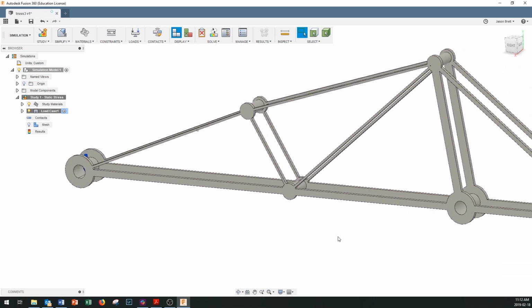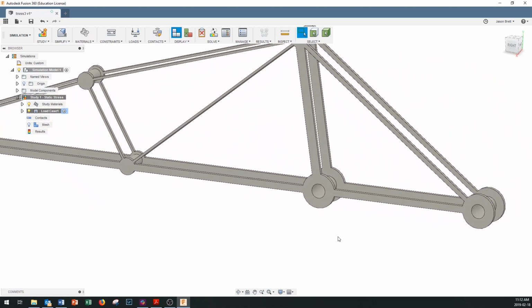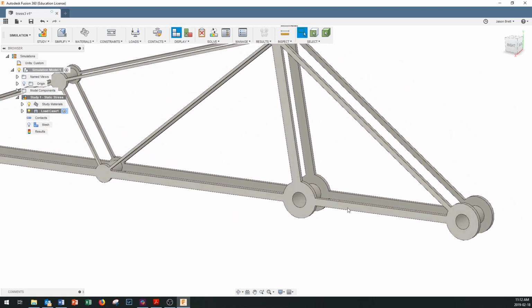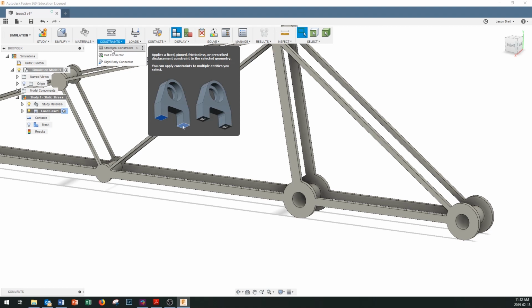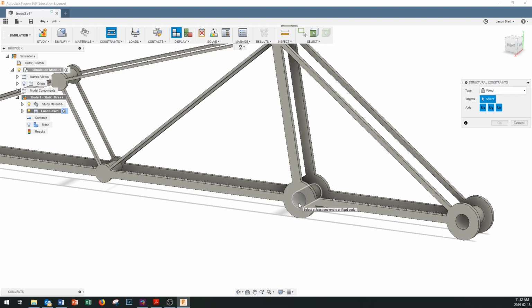The next thing we need to do is provide some constraints. And these two out here are going to be held in place by the steel rods that you push right through there. And so what we need to do is come up with some constraints. And we are going to have structural constraints. So just click on C. And right in the middle right there, we are going to tell it that that is going to be a pin connector,